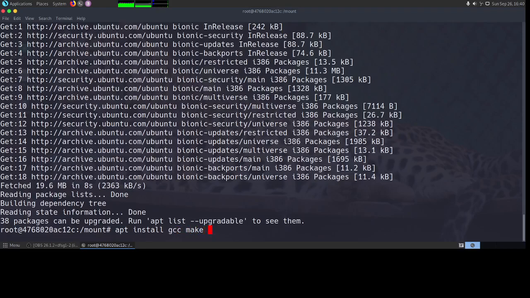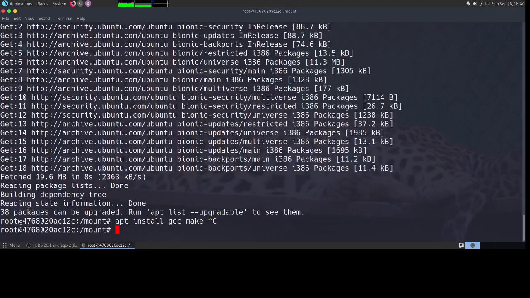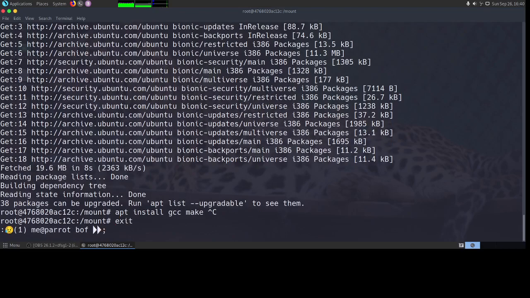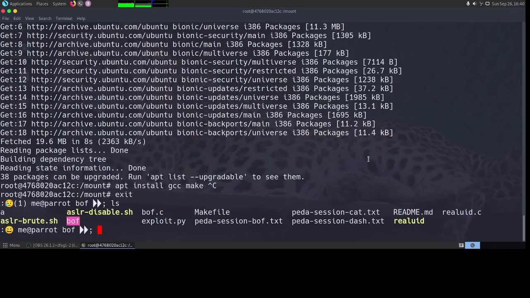So once you install these two, you will be able to compile this. I am not going to do this because this is probably a few hundred megs that will be downloaded for installing these two. Once you have compiled it, you can come out and you will see that you will have the file bof.